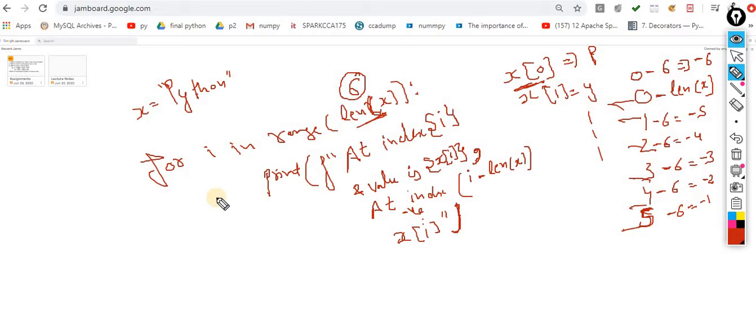Now when we run this code, I'll take your question after this, just let me complete it. At index 0, the i value starts at 0, as we know. So what is the output on the screen? At index 0, the value is x of 0, which means the starting value, that is P.